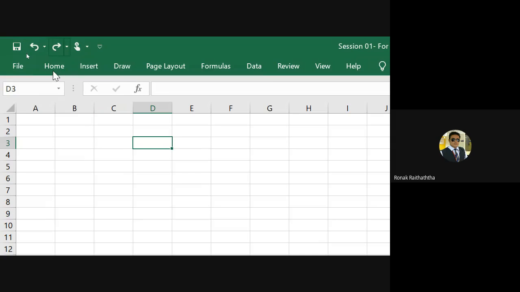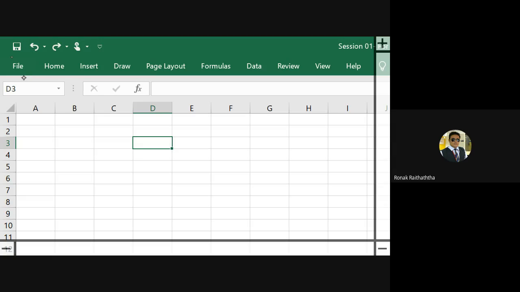RCB has been deleted. Now we have various tabs over here, starting with the file tab in 2017 and 2016. I guess, I don't know, maybe in 2016, but in 2007 there is no separate file tab. This is called the menu bar. Now some of the students would also be questioning me, that sir, why are functions not visible below the tabs in your Excel file? Because I have collapsed the ribbon. This entire ribbon is called the functional ribbon area. Because I have collapsed this ribbon, my functions are not visible.